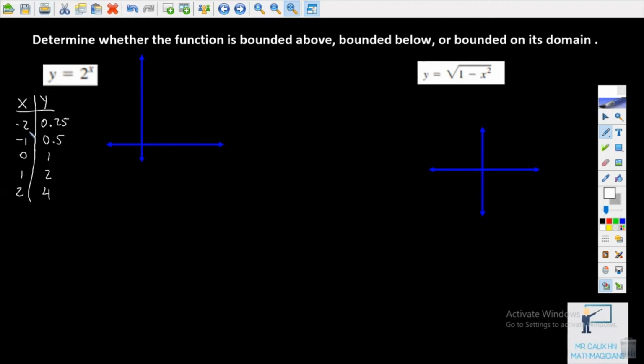It says to make the graph from negative 2, let's say that this is 1 and this is negative 2, to 0.25 will be here. Negative 1 with 0.5, 0 with 1, 1 with 2, and 2 with 4. As you can see, your graph moves this way. Now, once you have that your graph moves this way, as you can see, you will never intersect this line. That means that it's going to be bounded